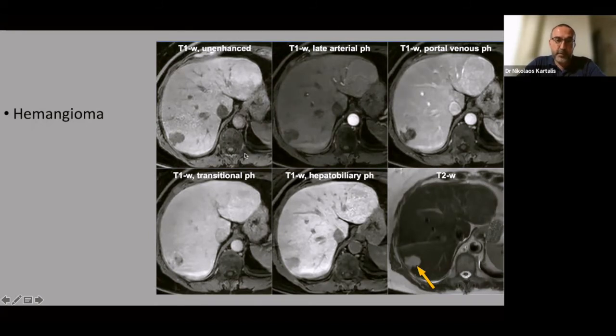After the injection of contrast, we see the peripheral, nodular, discontinuous enhancement with centripetal fill-in. And of course, in the hepatobiliary phase, we don't have any uptake since hemangiomas do not contain functioning hepatocytes. But we have to remember that this rule has to be strictly followed: the peripheral, nodular, discontinuous enhancement following the blood pool, regardless of which contrast agent we use. The enhancement pattern has to match the part of the vessels that are on the screen, either if it's veins, arteries, or even the portal branches.